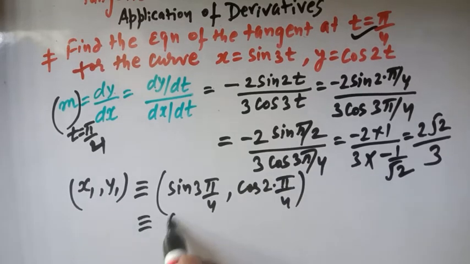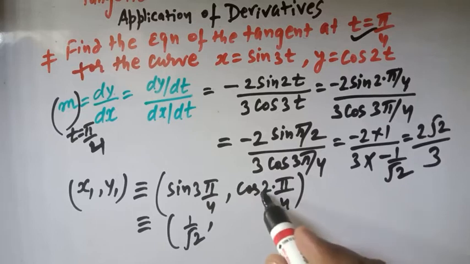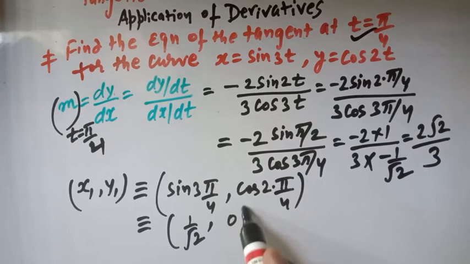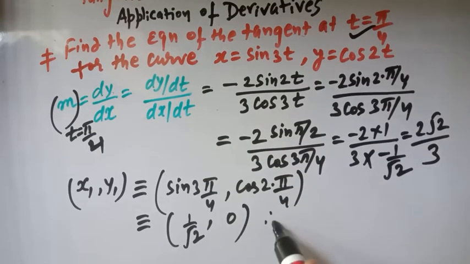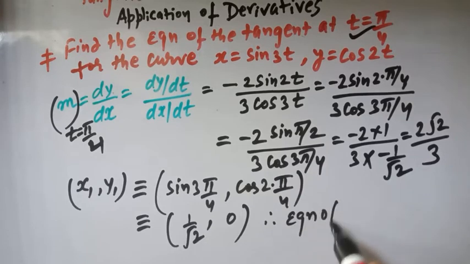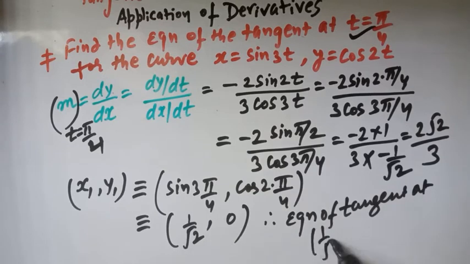So here we have the value of sine 3 pi by 4. The value of sine 3 pi by 4 is 1 over root 2, and cos pi by 2 is 0. Clear? So therefore the equation of tangent at this point, that is 1 over root 2 comma